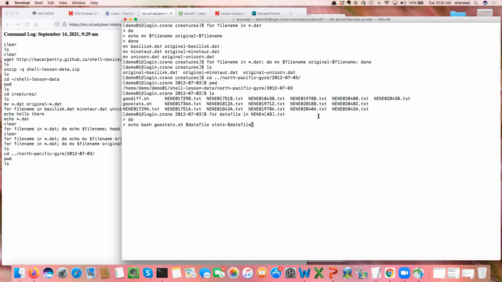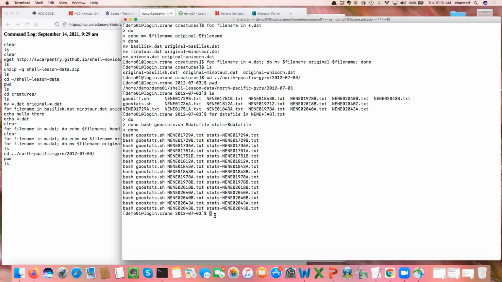Okay, so this is what I want the command to be. Bash goostats.sh. Data file is the input file, and then stats-data file is the output file. So if I type done and enter, I see what all the commands to analyze each of these files will be. If I want to actually do the analysis,